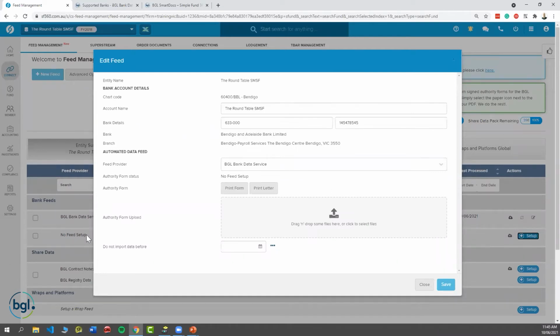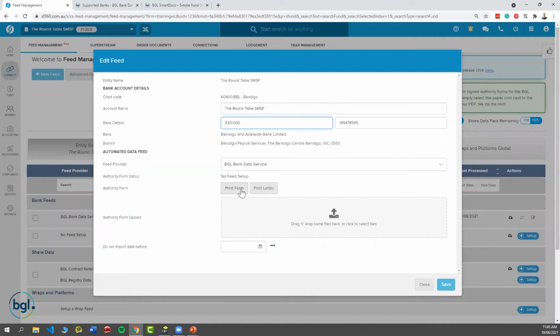So you can see there that I've selected the setup against the bank account. And if I don't have the bank account details entered, I can enter them in at this particular stage as it is editable. My feed provider is set to the BGL bank data service,